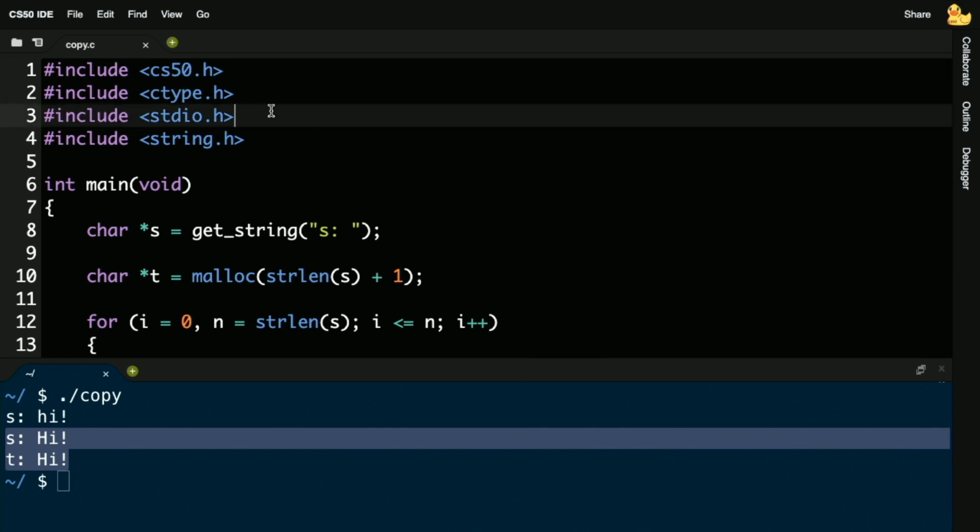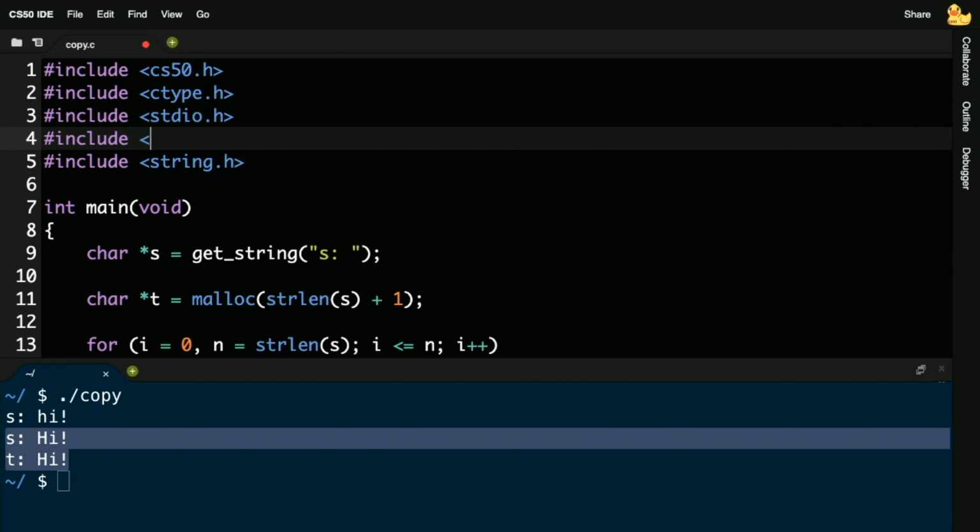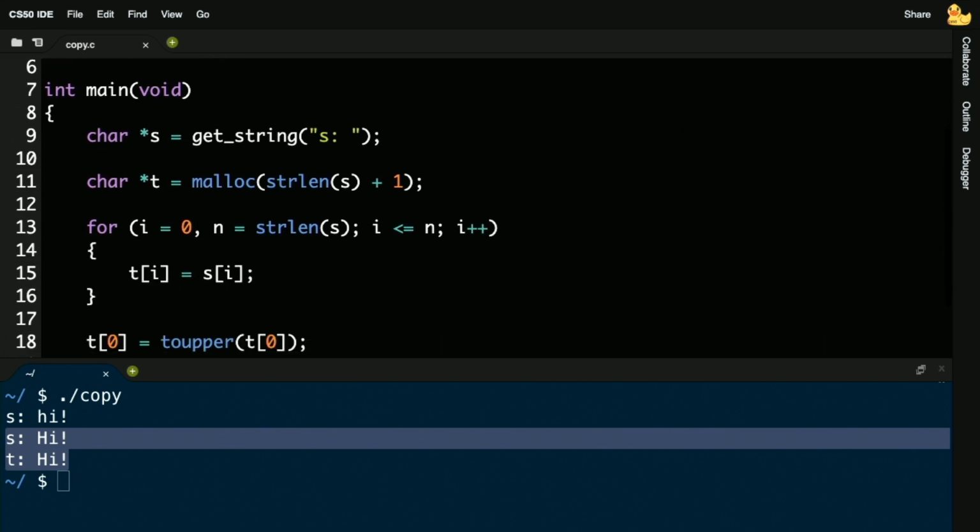It turns out that this function, malloc, comes in a file called stdlib.h. And again, this is the kind of thing that you can jot down in notes. You can always Google these kinds of things. Even I forget what header files these functions are sometimes declared in. But it happens to be a new one called stdlib, for library, that gives you access to malloc.